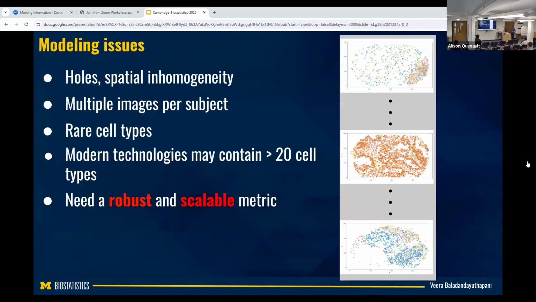All right, so I already said this. There are a lot of modeling issues with this also, and that's where, I'm preaching to the crowd again here, you need careful statistical modeling. The reason is twofold, at least two. One is there are rare cell types, that means not all cells will be present in the tumor. The other is a lot of technical artifacts come in, like holes and inhomogeneity. There's a lot of spatial inhomogeneity here.